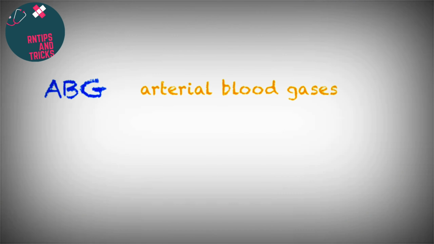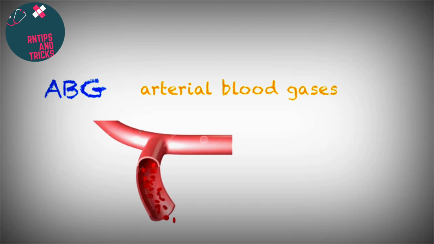Arterial blood gases are simply the measurements of the acidity or alkalinity of the arterial circulation. It also measures gases such as oxygen and carbon dioxide. Now we are going to talk about 4 important components that are in your ABG, and those are your pH, your CO2 or carbon dioxide, your HCO3 or bicarbonate, your PaO2 or oxygen. And we're going to talk about them one by one, starting with